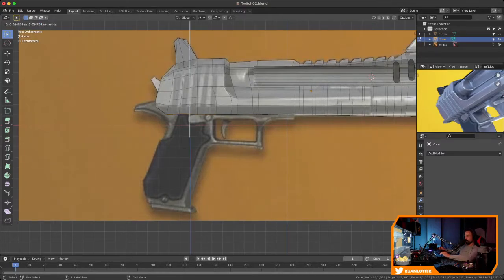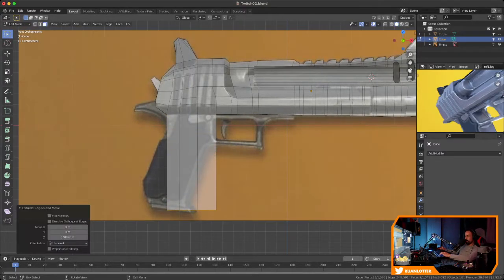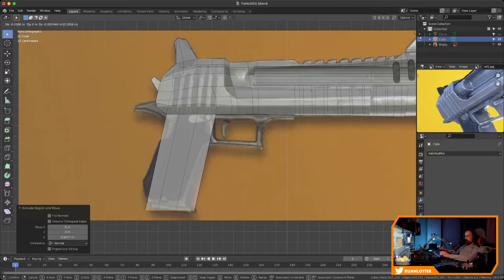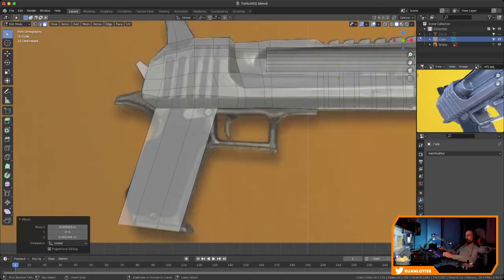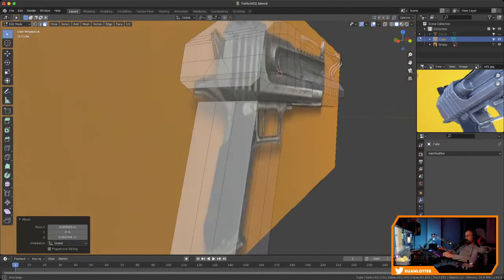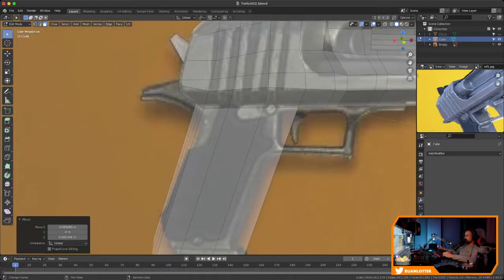So I'm just going to pull this down and kind of just move it over, and I can probably just rotate this to get that basic shape going like so. And now we obviously just have something like this, and we need to scale this down so it's not as